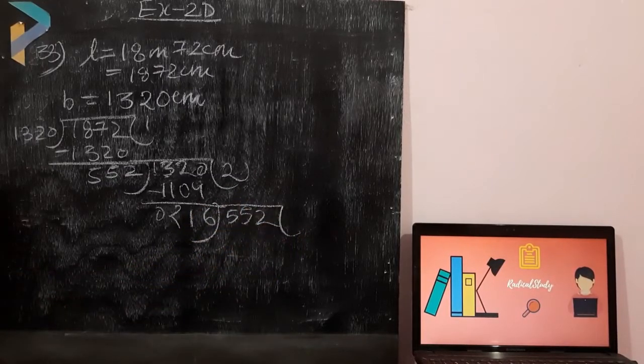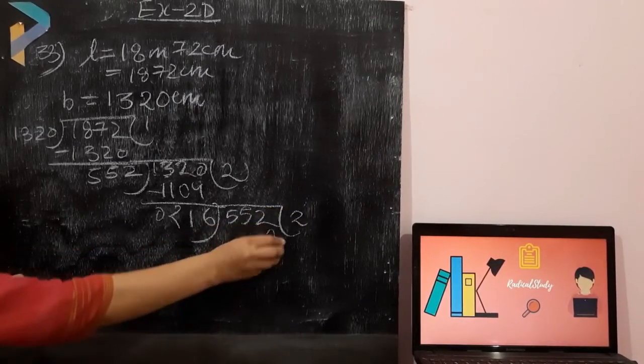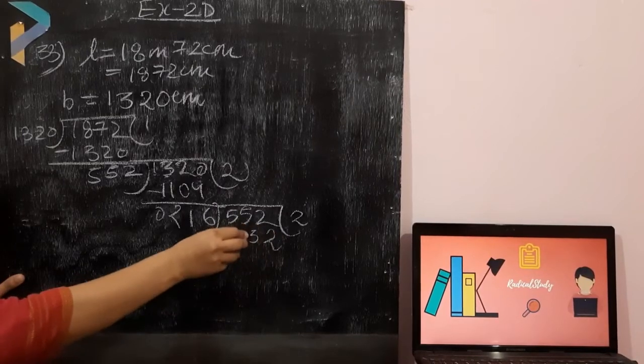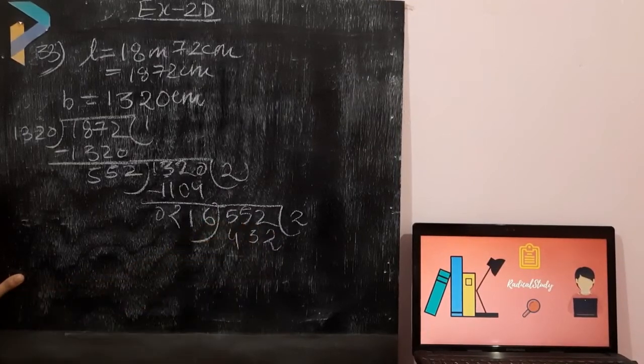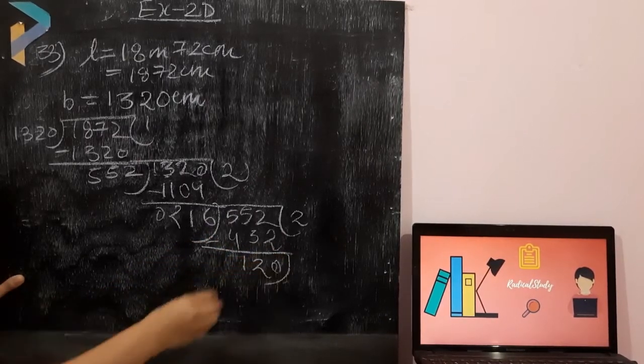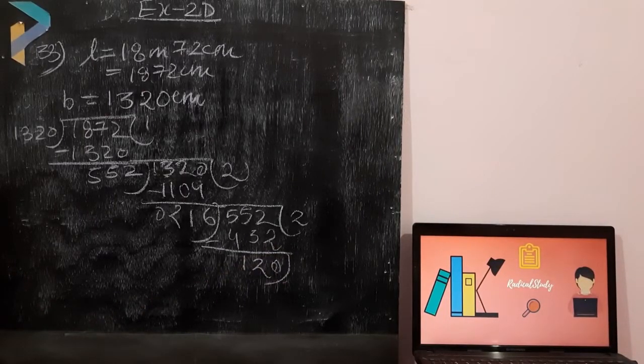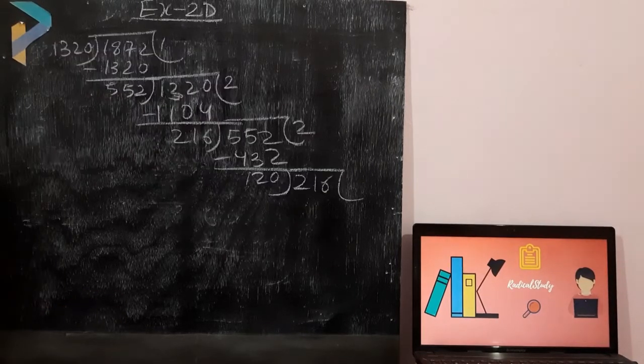Okay students, now 216 2s are, it will go by 2, 2 6s are 12, 2 1s are 2, 3, and 2 2s are 4. So it will be 432 over here. So once we subtract it, we get the remainder as 120. Now as there is no space, I am going to rub it over here and I will solve it from the fair portion. So students, till here I have already solved. So I am going to solve it further.